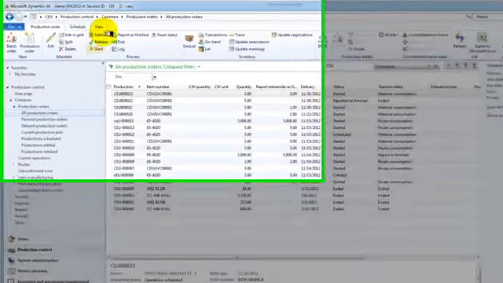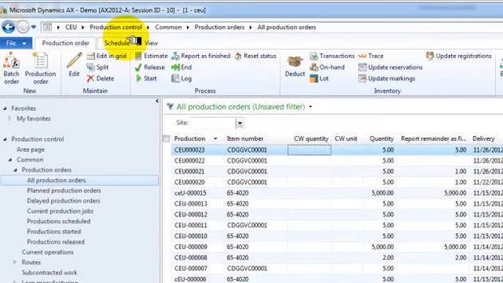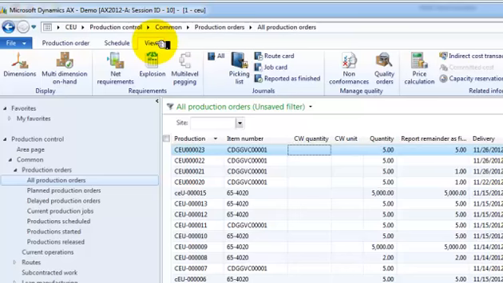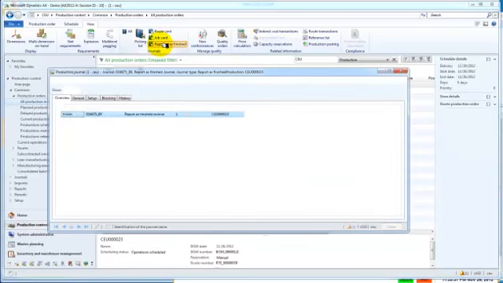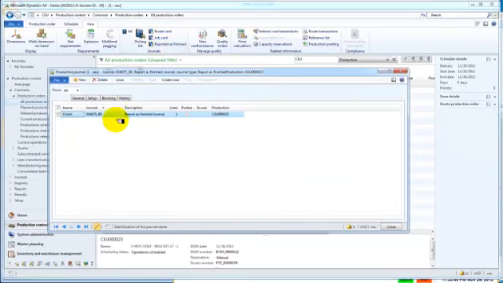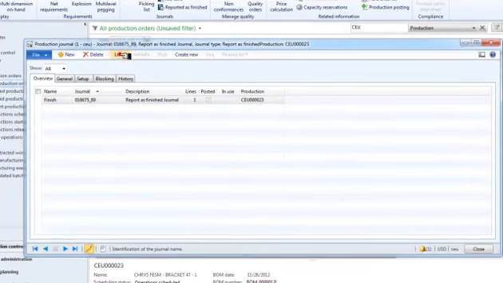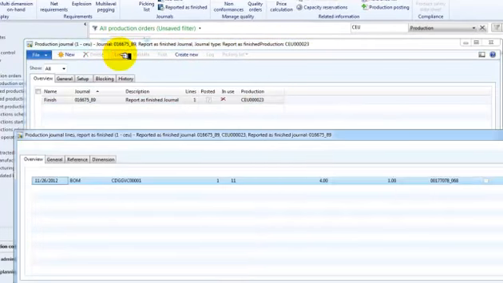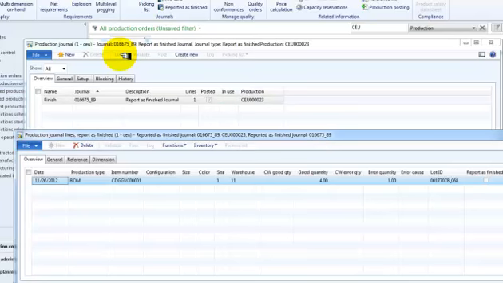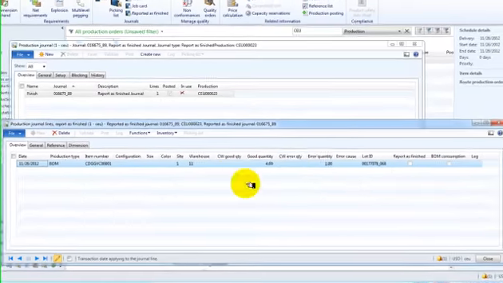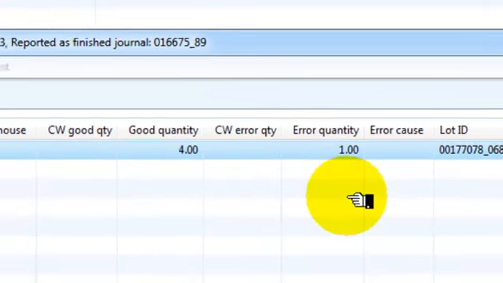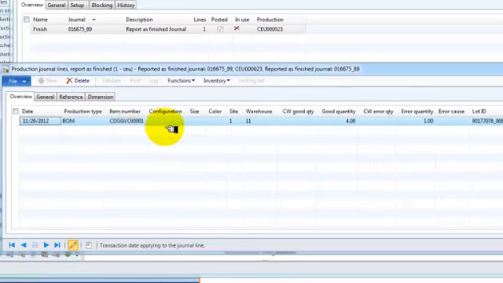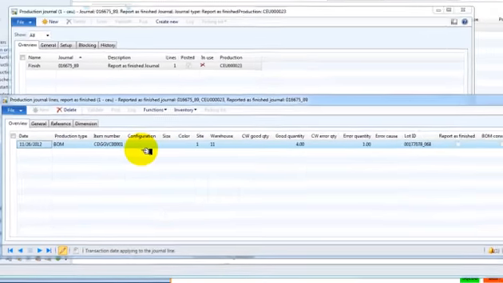So as we'd reported and we saw earlier on the real-time screens, we now go back to Microsoft Dynamics and we say, let's view for that particular work order what the results were. So what was reported as finished that came from Memex MERLIN. And we can see here we're pulling up the particular lines and the detail for that particular job, and we can see here now that that job has been completed, reported as finished in Dynamics, of a good part of 1 and a reject part of 1 and a good part of 4, exactly as what we reported on the